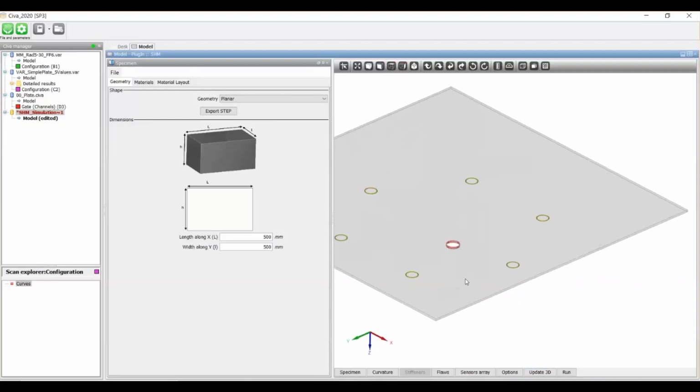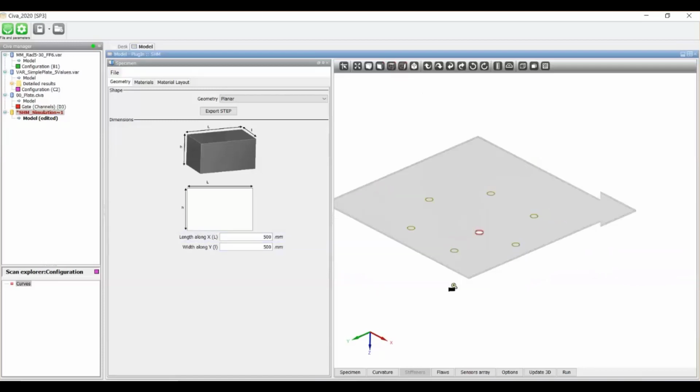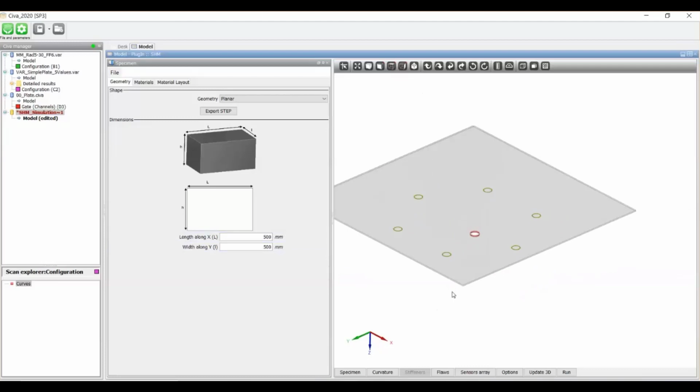But you can see that in a few seconds you regenerate the new configurations. I've here just changed the size of the component. Let's mention also that the edges are accounted for, so it has really an importance. It's not an infinite plate; it's a finite plate. So these sensors would see the effect of the edge reflections.